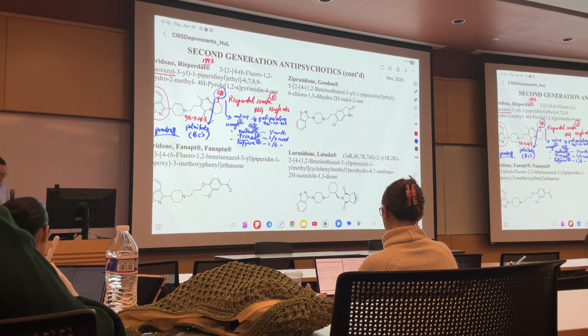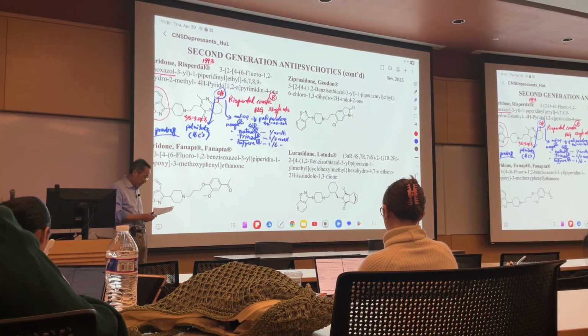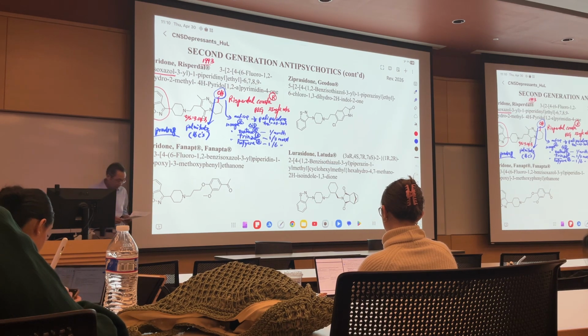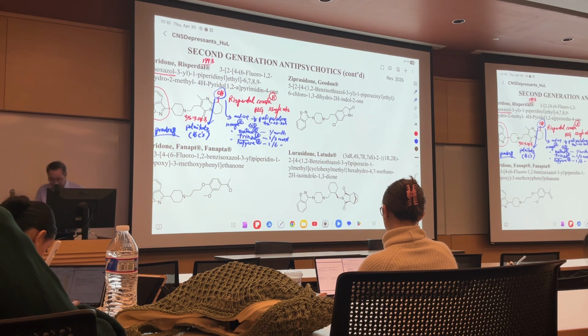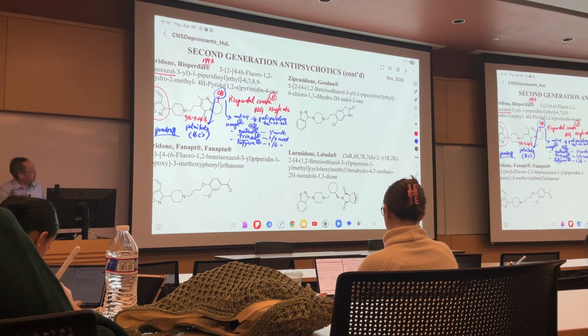So now with these two structures, again, they have not only activity at dopamine 2 receptors, blocking the binding of dopamine to dopamine 2 receptors. It also has the serotonin activity at 5-HT2 receptors as an antagonist, and 5-HT1A as an agonist. And also the other feature of these two drug molecules,